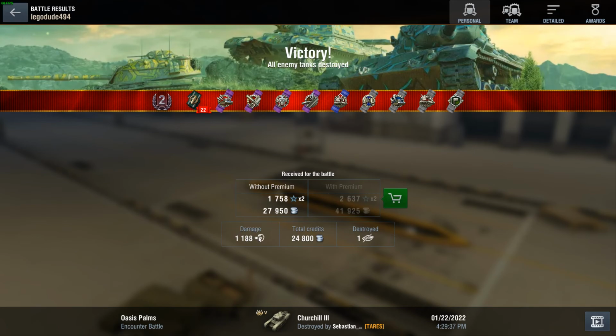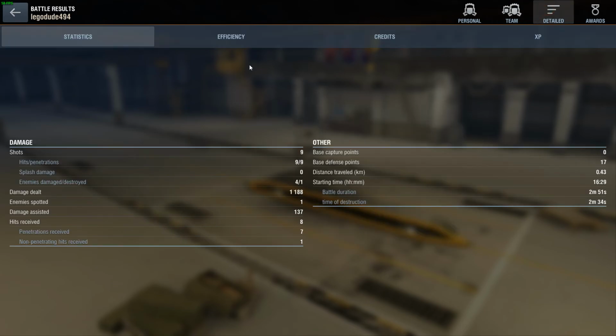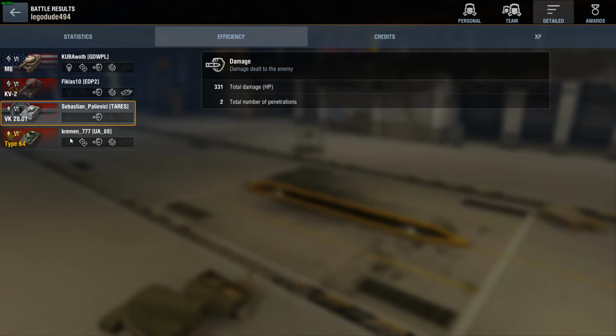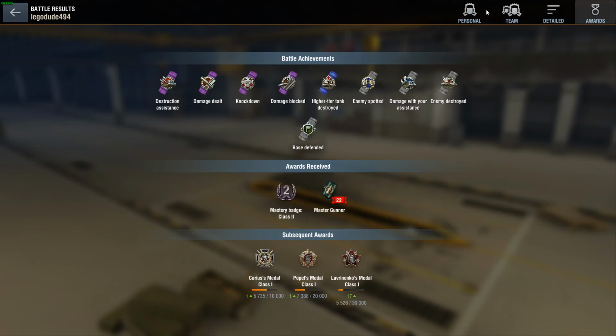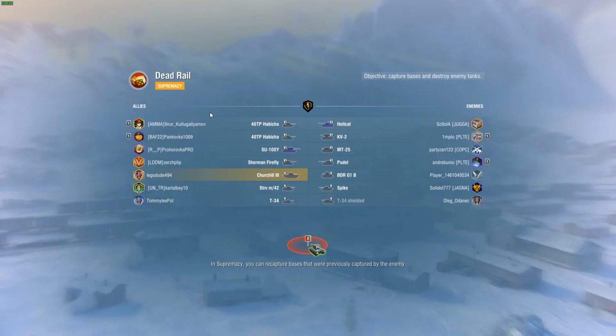But yeah, 1100 damage dealt, victory, second class mastery, second on the team. 9 shots fired, 9 hits, 9 pens, which was lucky. We did do a decent amount of critical damage, and we did blow off the tracks of 3 enemy tanks, which is nice. But let me show you the other game that I had, and that is on Dead